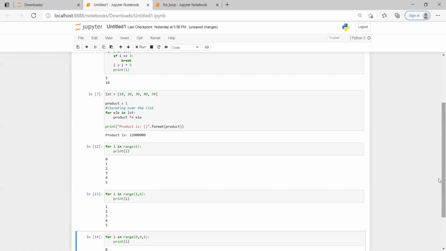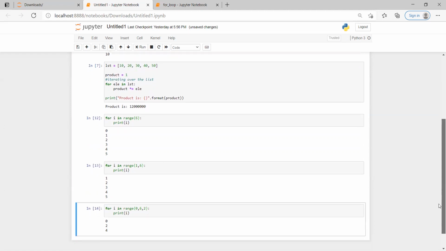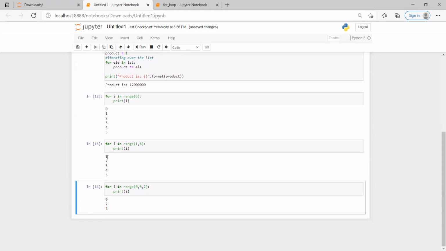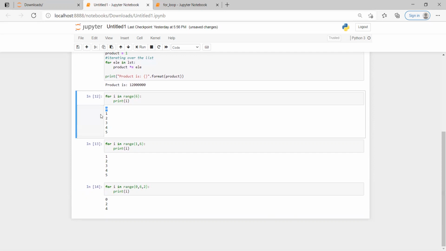The value of this is 0, 2, and 4, because I'm taking alternate values, which is nothing but stepping ahead by 2.